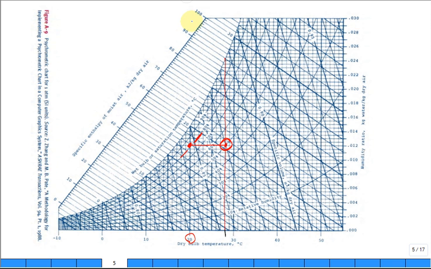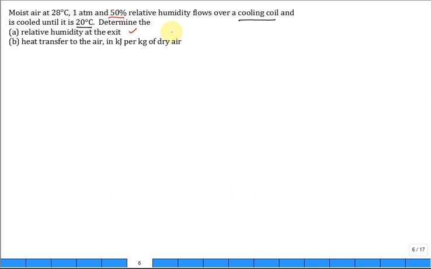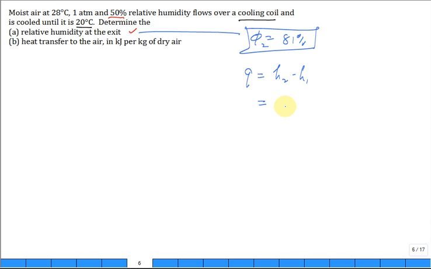So without jumping back and forth, what you have to do is come back up here and get the enthalpy. Maybe that enthalpy looks to be, I don't know, 59 for state 1. What's the enthalpy? Oh, it looks to be about 50 for state 2. So we can answer both of these questions. Humidity was 81% at the exit, and the rate of heat transfer to the air is H2 minus H1, which was,